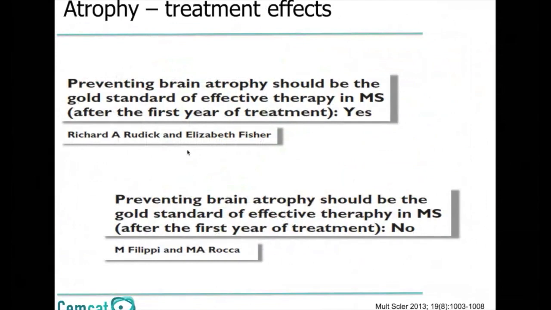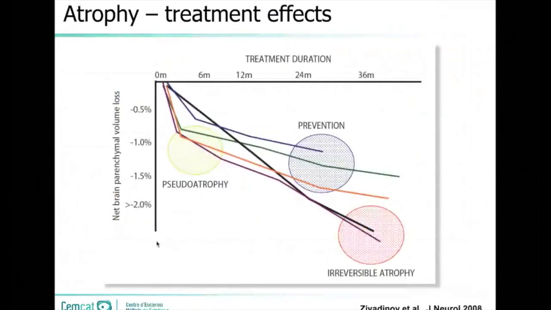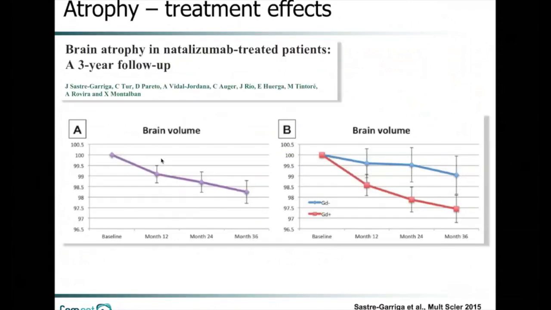I'm showing you this is an old one by Rick Rudick and Elizabeth Fisher, going for the yes, using brain atrophy as the gold standard of effective therapy, Mara Roca and Massimo Filippi for the no. And they went for the no mostly because of what Professor Rovira has said some minutes ago. This pseudoatrophy effect will make very difficult and a confusing factor when measuring what happens in terms of brain atrophy when we start anti-inflammatory therapy. Professor Rovira has shown the profound effect of that